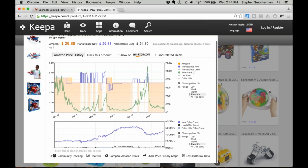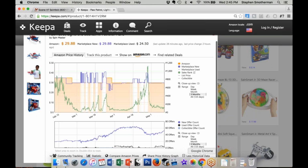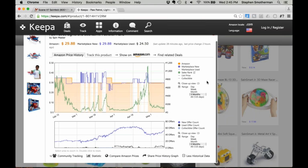Something else to keep in mind when you're looking at this data is that Keepa also has, I believe, a Chrome extension. I'm not sure if it works with other browsers or not. And this will actually load in every Amazon product page that you visit, so you can see these charts inside an Amazon page. You can certainly look at it on Keepa's website if you want to, but it's simple when you go to Amazon directly, especially if you're trying to get more detailed information, or you want